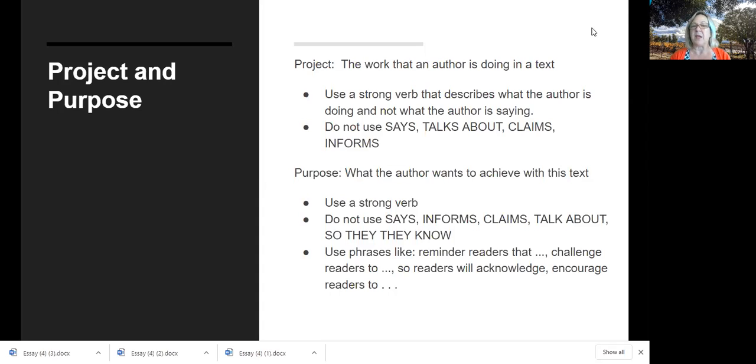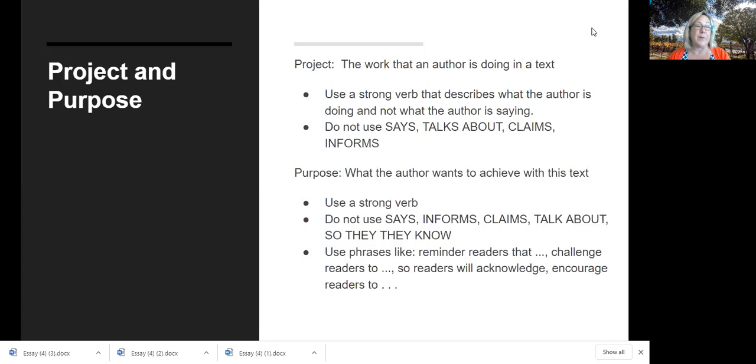And purpose is what the author wants to achieve with this text, because there's always some kind of response. So with Koenig, he wants his readers to defend the rights of the Native Americans, to stand with the Native Americans protesting at Standing Rock.